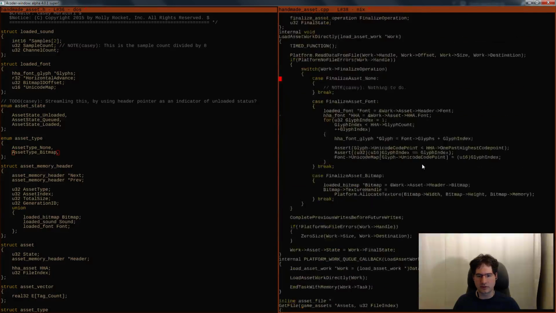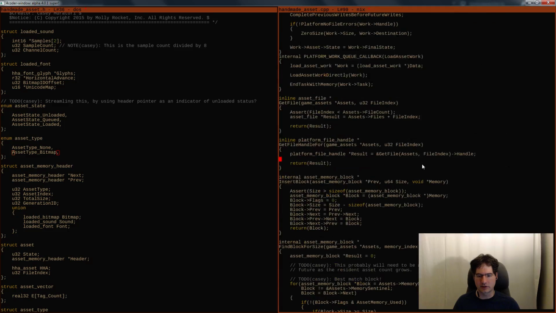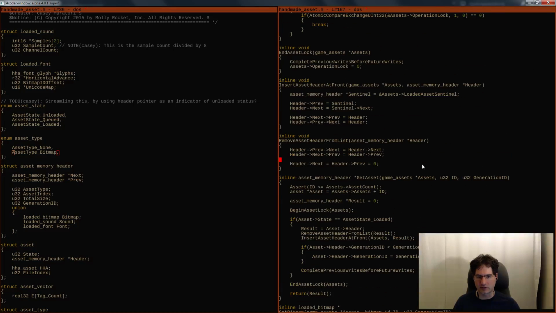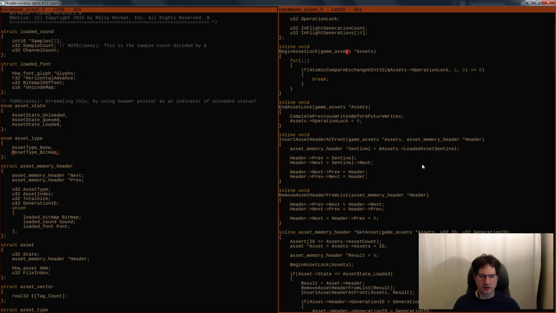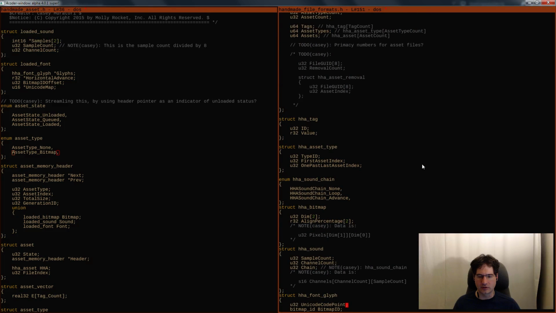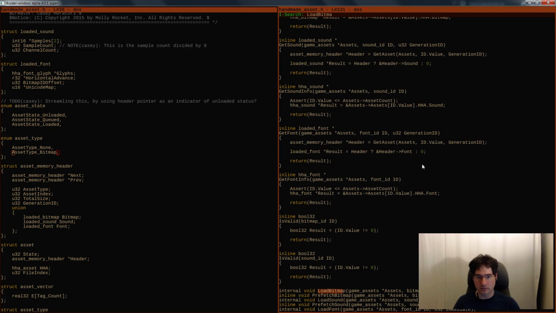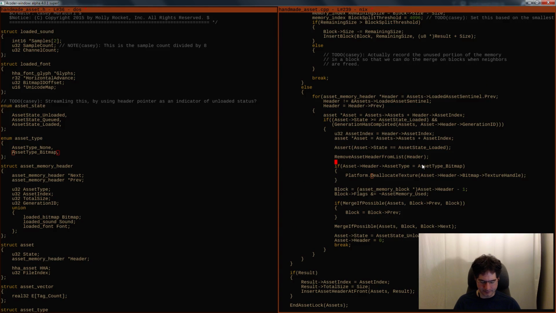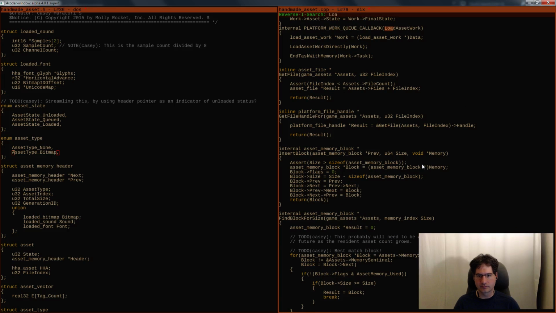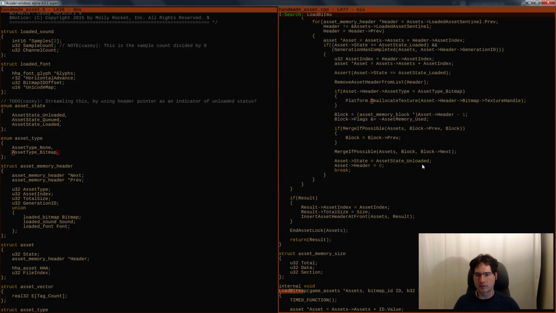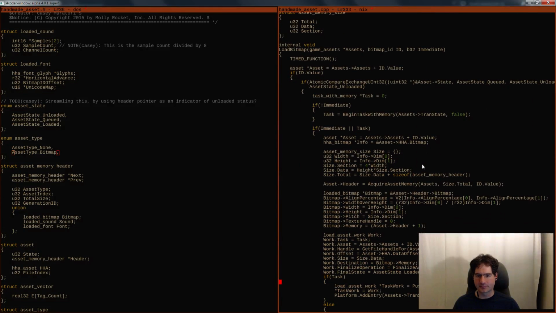And so then when we do the obligatory linking in, which is the stuff that we do up here, we do insert asset header at front. I guess we probably don't even need to do it quite then. We probably just need to do it in that actual allocator itself when we load the actual stuff in. So when we call load bitmap, where is my load bitmap? There it is. So when we call load bitmap,